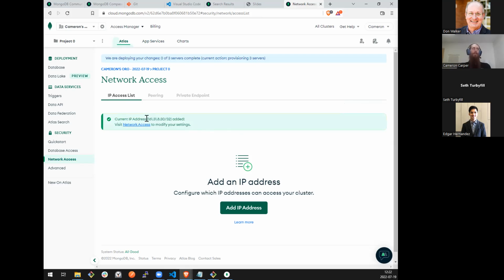I'm going to choose, there's a button for add my IP address. Keep in mind that's probably dynamic. It may change by day. So if you come back tomorrow and you can't log in, it's probably because your IP changed. I don't recommend it, but if you're going to be doing a lot of changing around for the short term, you can whitelist the entire internet. Definitely make sure you have a username and password set and don't leave it that way for long. But if you need to, then that is a possibility.